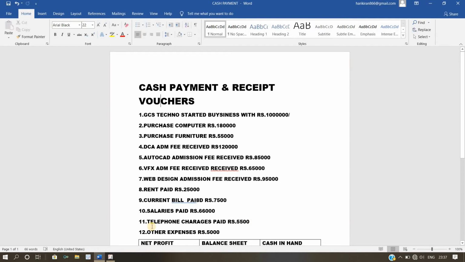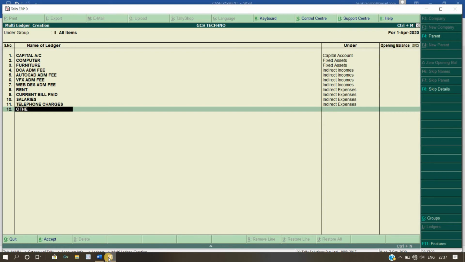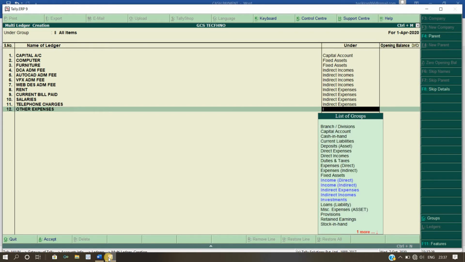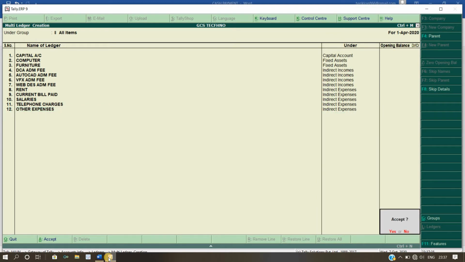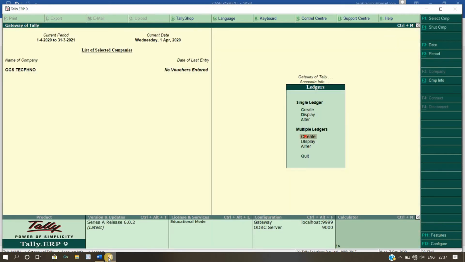And the last one is the 12th one, other expenses. It is also indirect expense only. Other expenses, it is indirect expense. See friends, I have created 12 ledgers for 12 statements, and now press accept yes. And now I want to create vouchers, right? Press escape